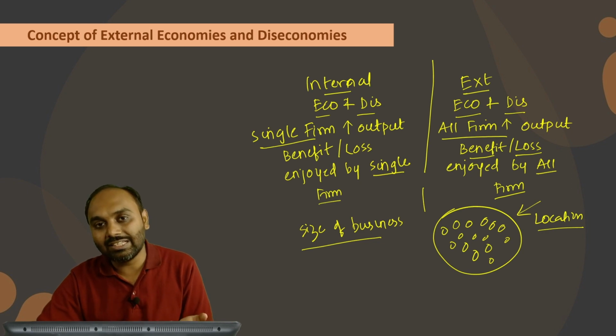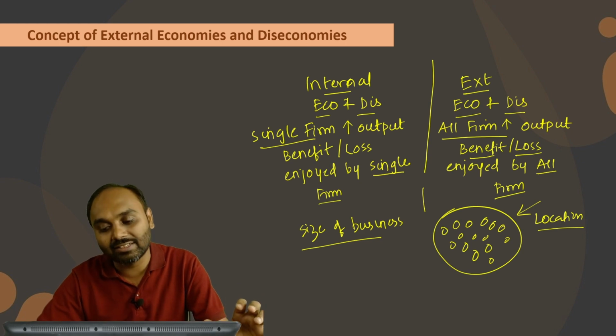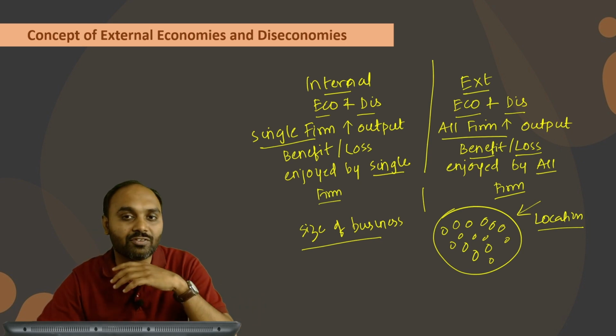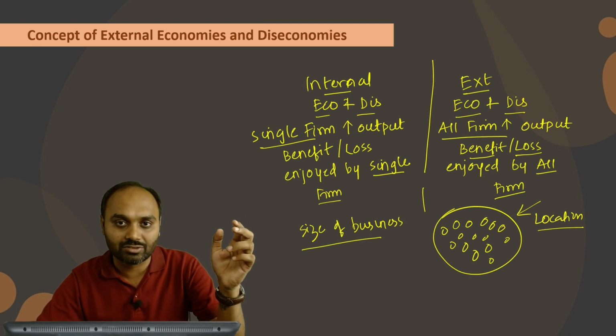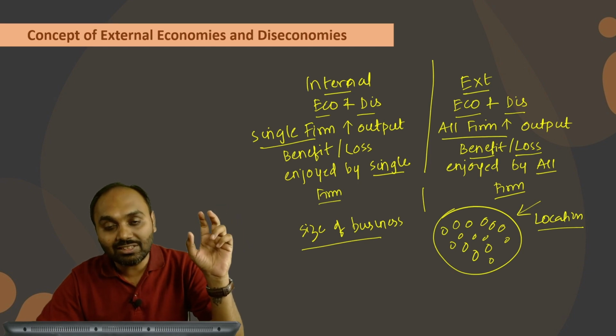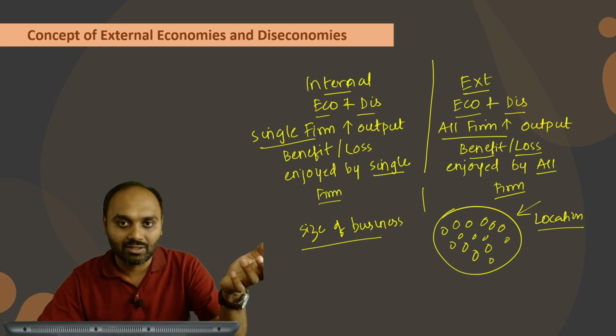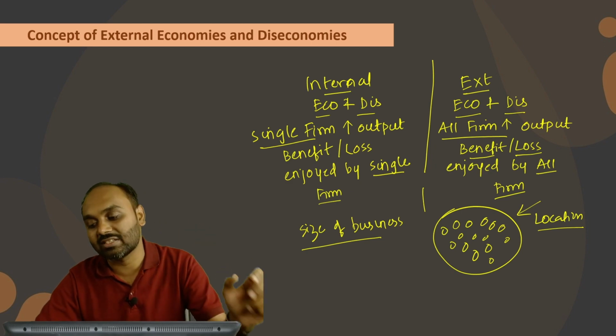Even the software technology parks that are available within Bangalore are also an easy supporting factor that will help an organization reduce the cost. So those are the kind of benefits that are external, that are not internal to a specific organization. Those kinds of benefits will be enjoyed by all of the Bangalore industry. It won't be like there is only one Bangalore firm that will be able to enjoy them. So this kind of benefit that an organization receives is external to them, is not because of their internal things. That is why it is termed as external economies and diseconomies.